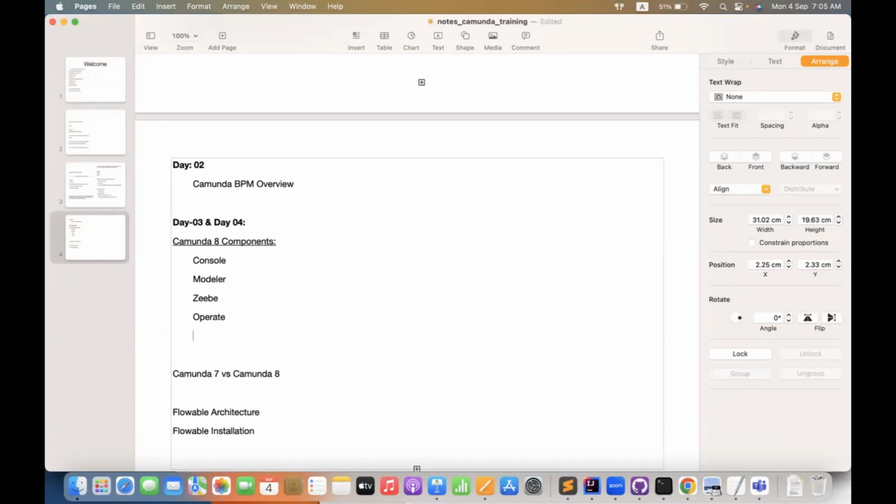In Camunda 8, the product has introduced a new component, Operate, used by system admin users. It is used by the sys admins specifically for troubleshooting and monitoring purposes. And Modeler, you need to think about it like it is used by the end developers